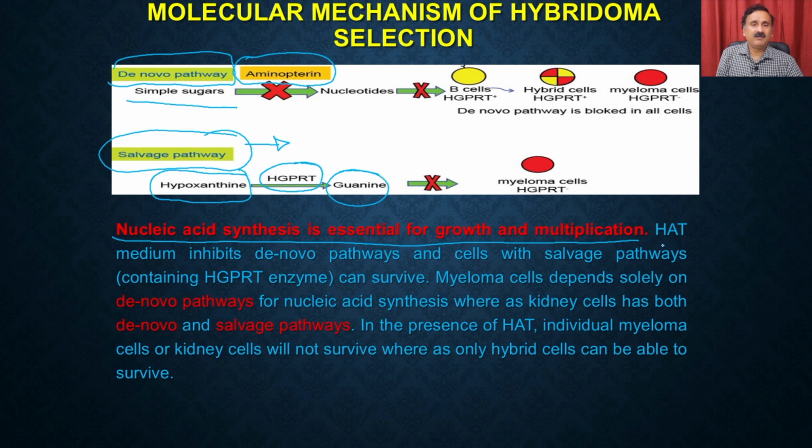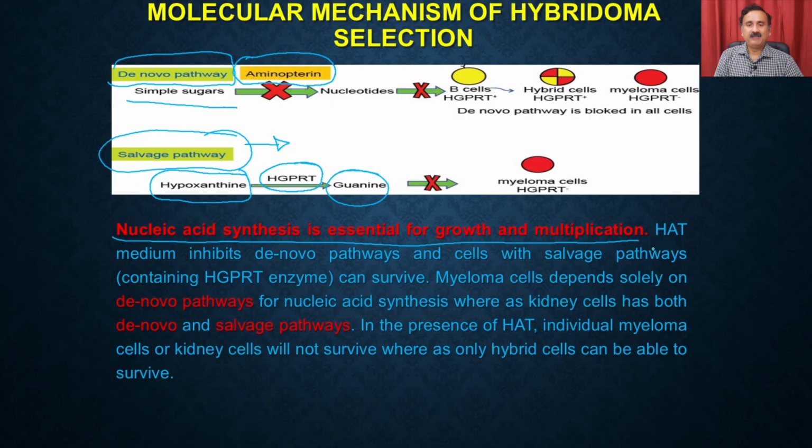I'm sure when we were discussing cell division and the cell cycle, you might have seen that when the cells are entering into the S phase, they go for DNA synthesis, and then you have two copies of the DNA, and these two copies of DNA are distributed among the daughter cells. So DNA synthesis is important for the cell to enter into the division phase, and that's how it multiplies. But in the presence of HAT, which is going to destroy the DNA synthesis,